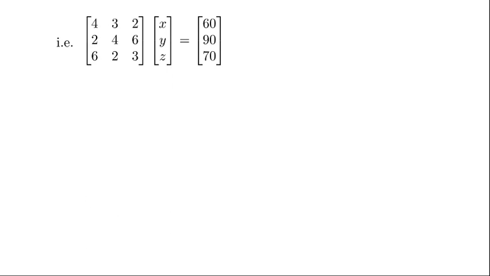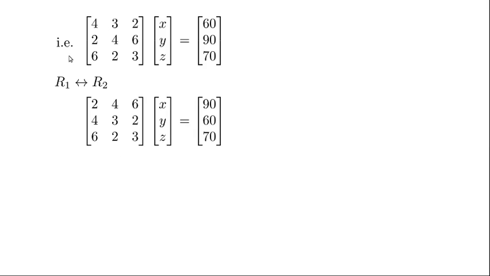And here what we note is the leading element of each row is even. So it is a bit difficult, rather we can't get by any rearrangement of row elements making any of the elements as 1 unless we divide by the coefficient 2 or 4 or 6. So first what we do is we interchange the two rows R1 and R2. So that makes first row as 2, 4, 6 and second row is 4, 3, 2 and third row is as it is. And in the right hand side also the same operation is done. First row becomes 90 and second row becomes 60.